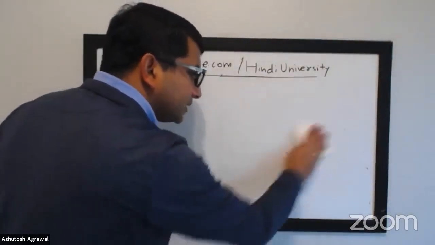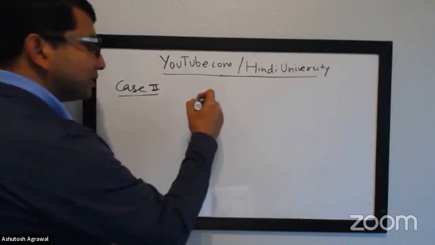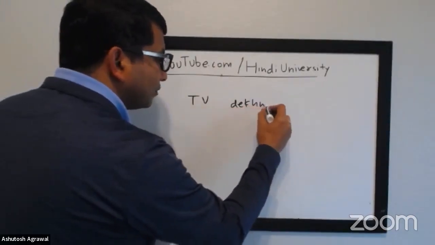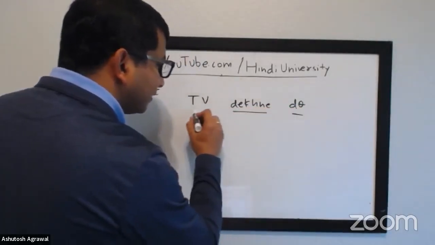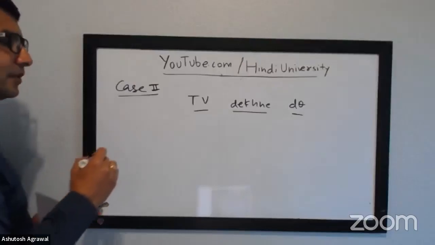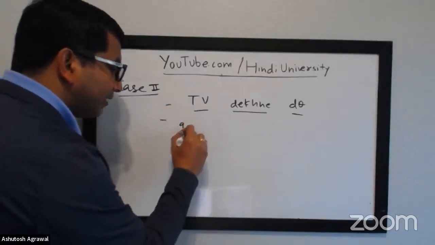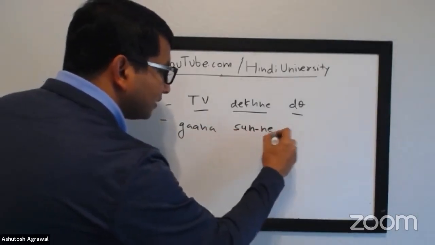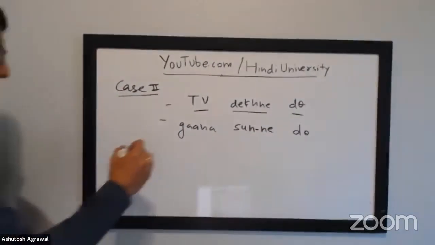So now what we'll do is, and right now we're still not putting any pronouns next to it. So let's say you have TV देखने दो. Remember, you have देखना and देना. TV देखने दो, to let someone watch TV. You can have गाना सुनने, it's one word, गाना सुनने दो, गाना सुनने दीजिए, to let someone